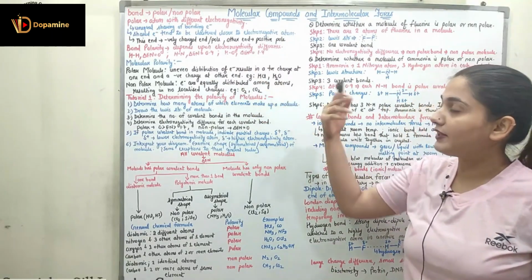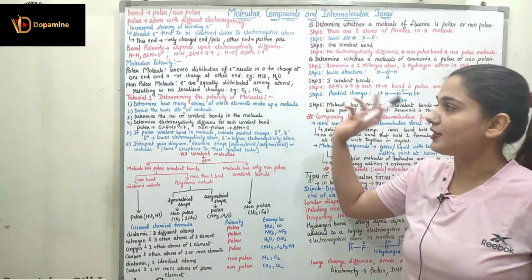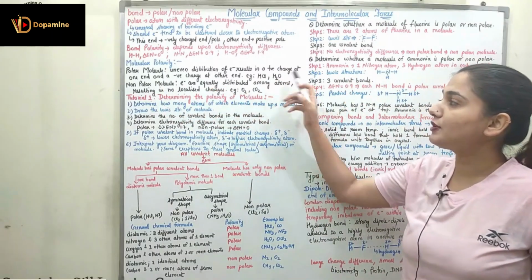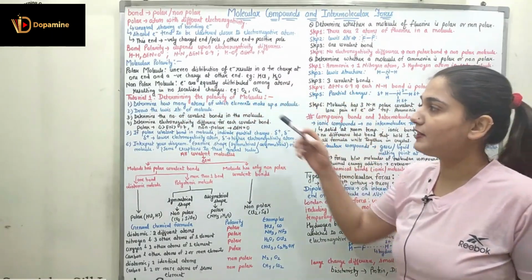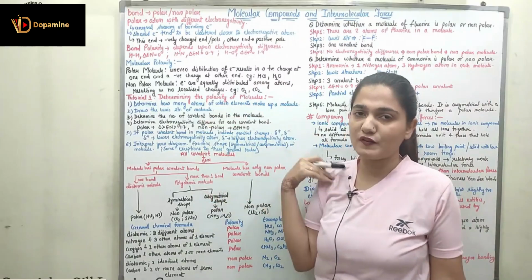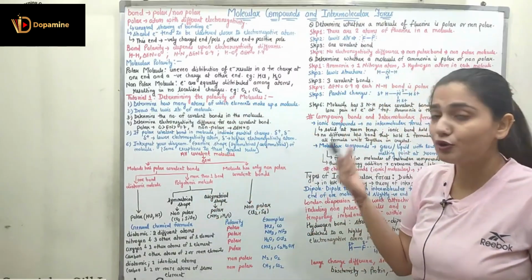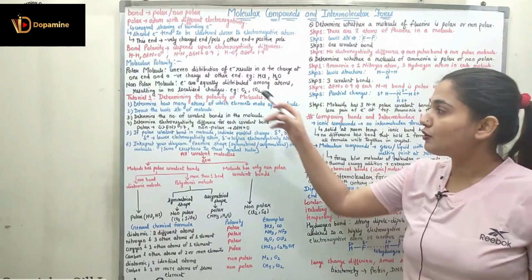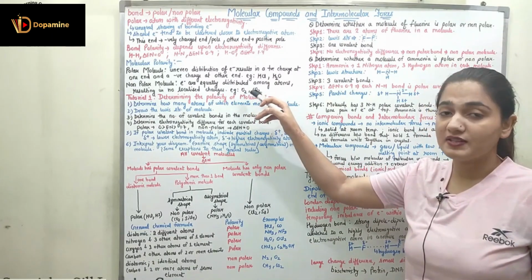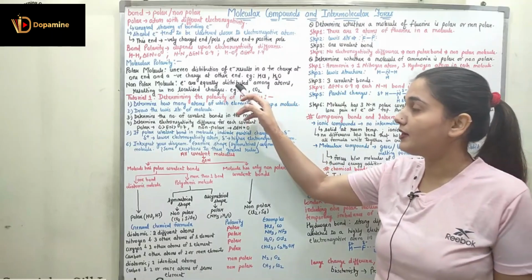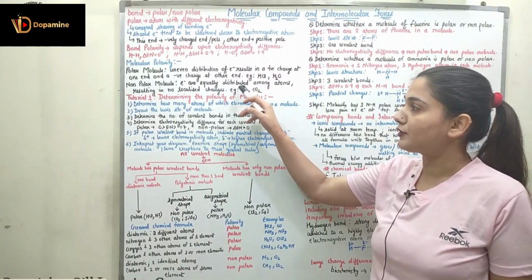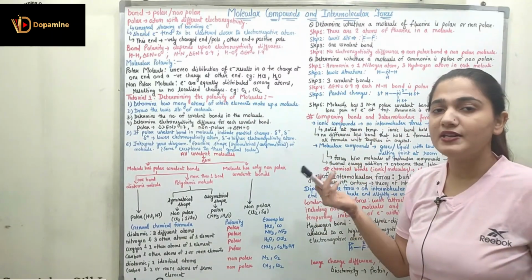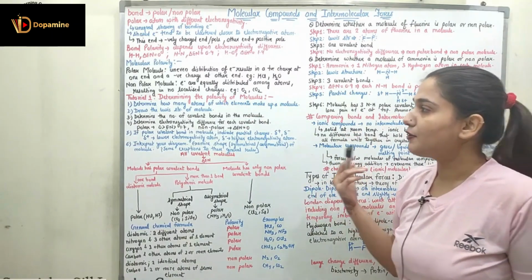For example, we have other molecules as well, like HCl, H2O. In the non-polar molecule, electrons are equally distributed among the atoms, resulting in no localized charge. There is no partial positive and partial negative charge. If I talk about O2, this is a diatomic molecule of the same atom. So in diatomic molecules having the same atom, we will never have any polarity, and this type of molecule will be a non-polar molecule. And CO2, in the CO2 also we don't have any kind of polarity, so this is again a non-polar molecule.